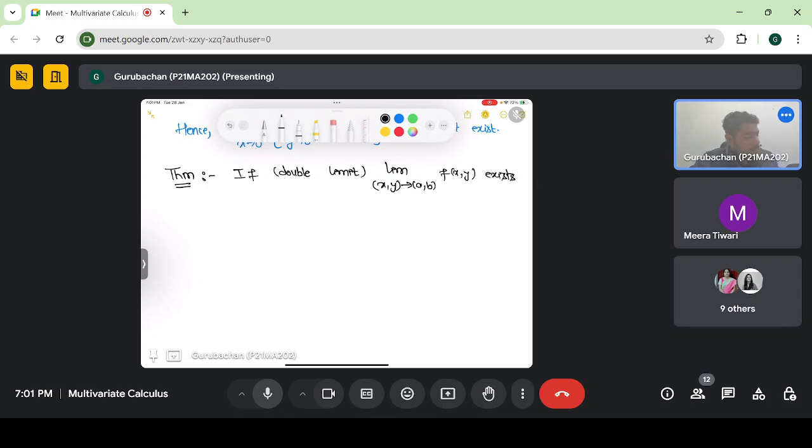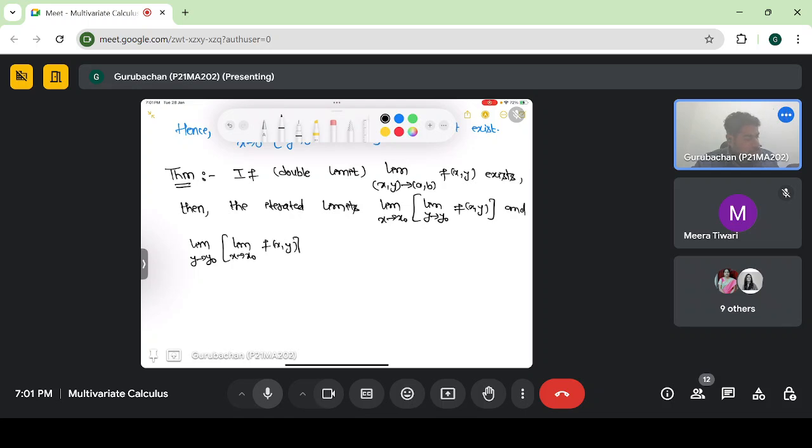exists, then the iterated limits, and what are the iterated limits? Limit x tending to x naught, limit y tending to y naught, fxy, and limit y tending to y naught, limit x tending to x naught, fxy. These both are equal, provided